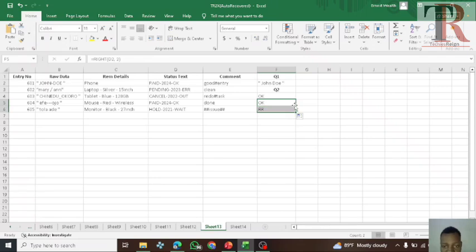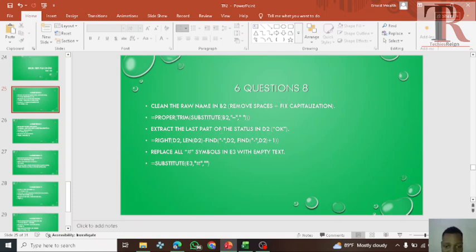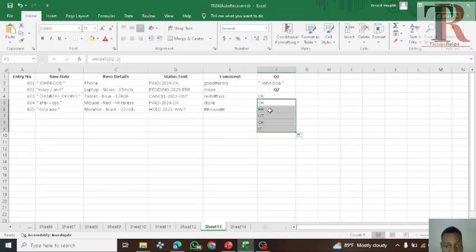But the issue with this is that when you fill it, it will give you ERR, it will give you UT, it will give you IT. That is just the only issue with it. It will give you OK, but these others will not be consistent. But what the question said was, extract the last part of the status in D2. So we don't really have to go through for all of this. We only needed D2, and we have